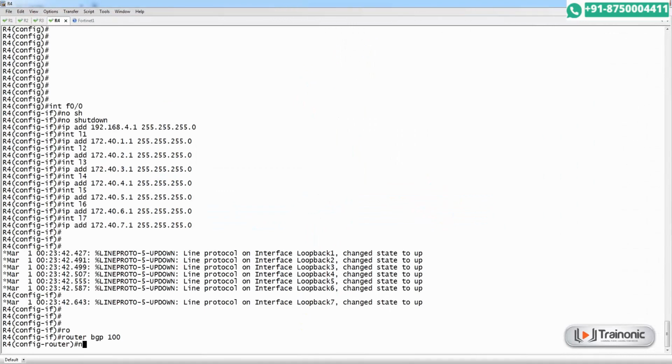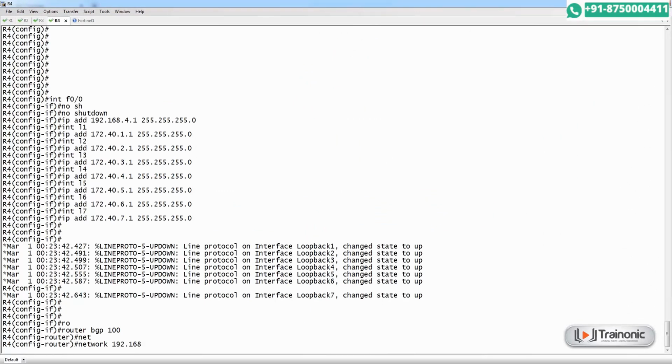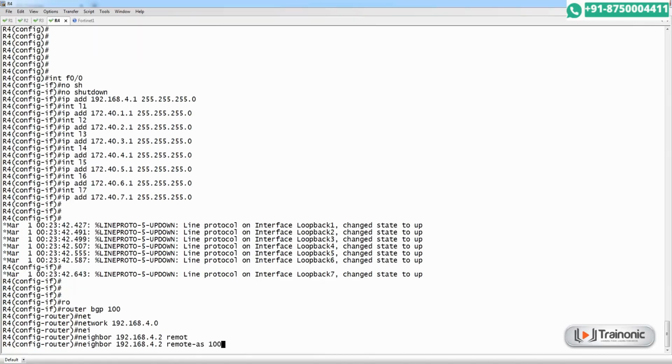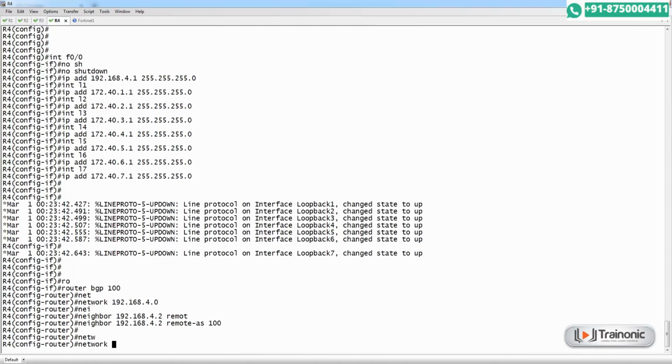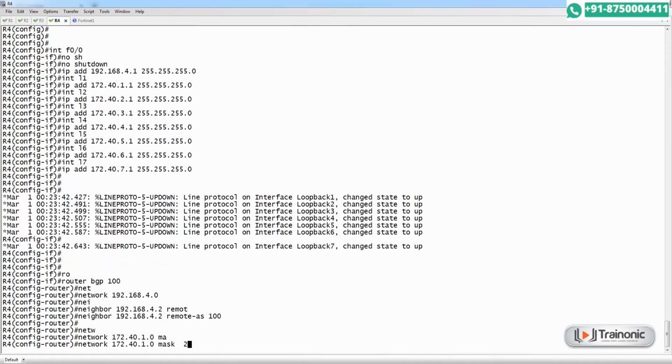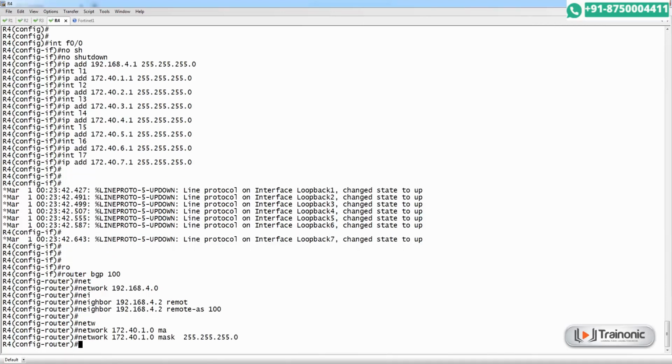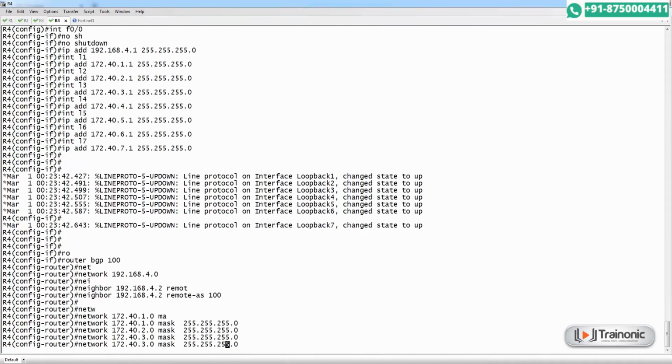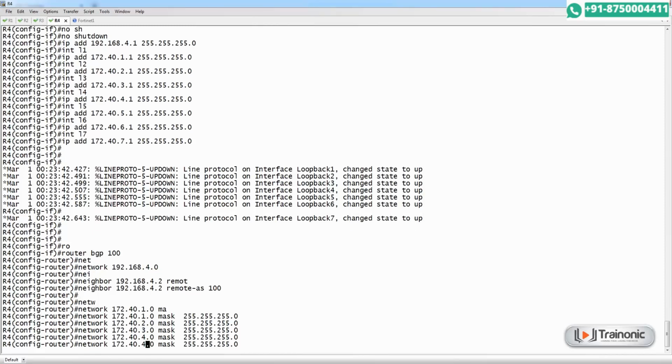Then network 172.40.1.0, its mask 255.255.255.0, then all other networks 1 to 7: 2, 3, 4, 5, 6 and 7. Done. Do show history. We have configured R1,